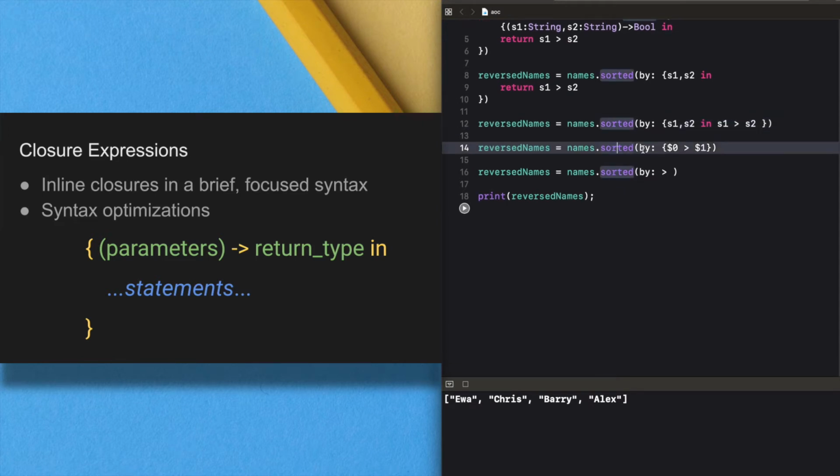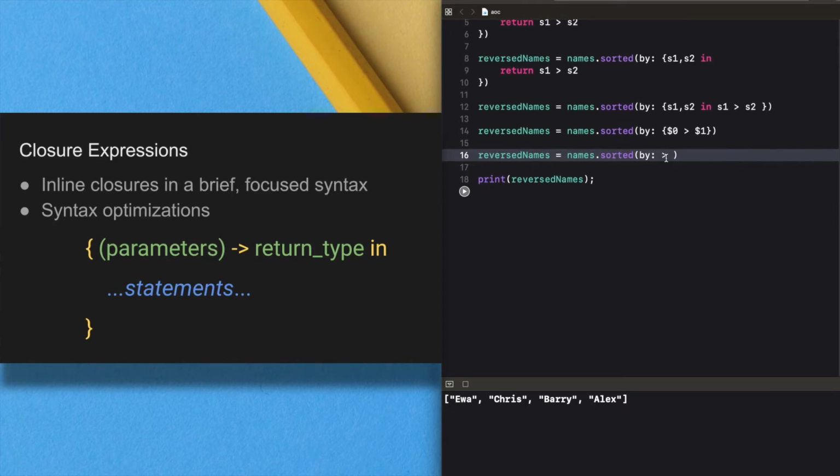Then, using the shorthand form, we use dollar values. Then, using the operator method of string, we use just the greater-than symbol. This is all about closure expressions.